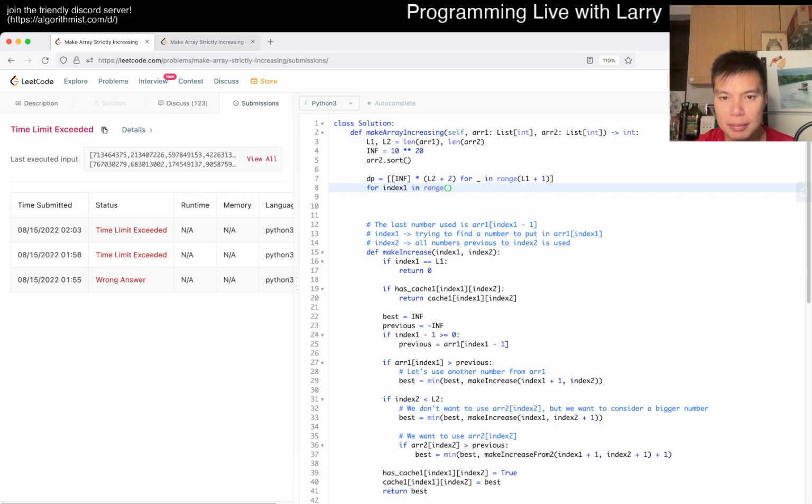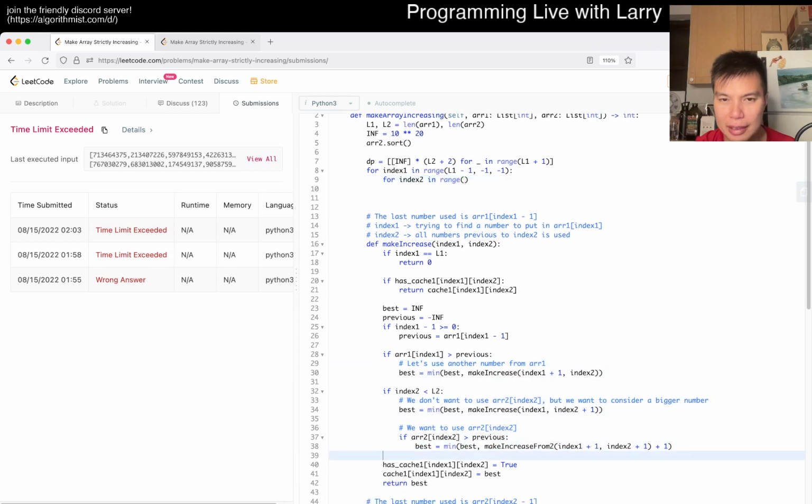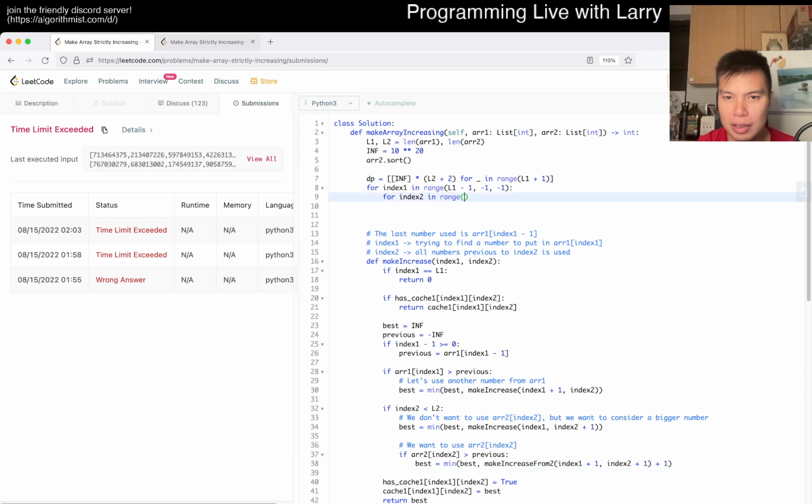So then now for index 1 in range of from L1, yeah, is it from L1? Yeah, well, L1 minus 1 to 0, index 2 in range of... I'm just double checking. What I'm doing now is I'm looking at these to make sure that I'm doing this in the right order. I'm actually not quite certain which